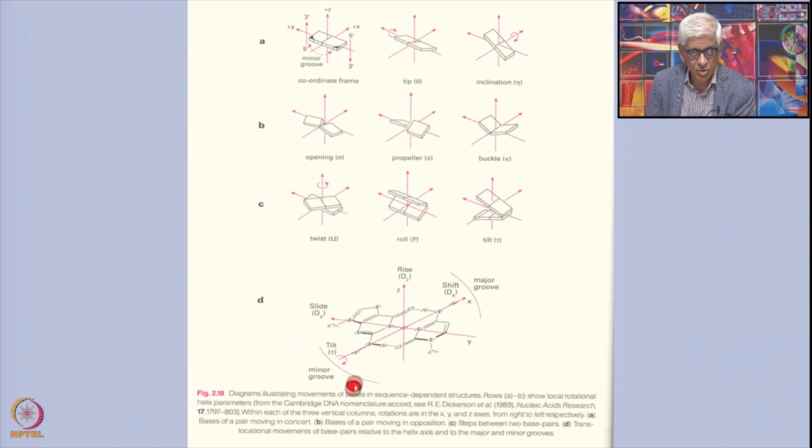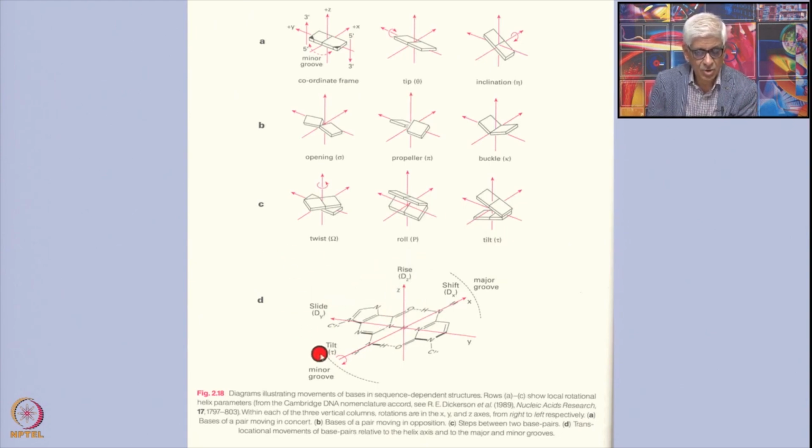So you have the minor groove on this side and the major groove on this side. If the base pair is like this, you draw an axis like this through the center of the base pair, and then you have a vertical one and you have an axis like this. You define x, y, z, these three axes with respect to the base pair, and you can define the positions of all of these groups as rotations with respect to these three axes,